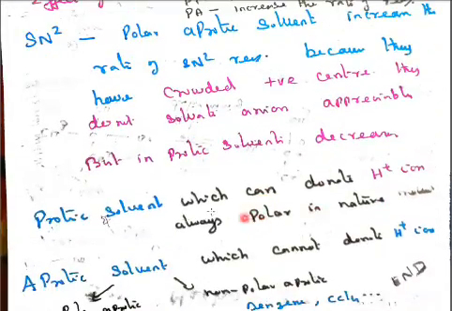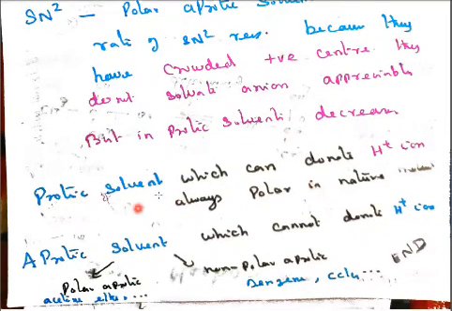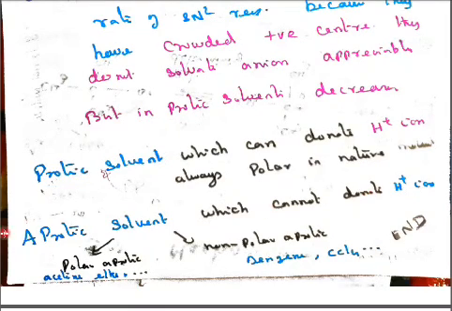Now let us see what is polar protic and polar aprotic. A protic solvent gives hydrogens and is always polar in nature. Aprotic means it cannot donate hydrogen. We have polar protic and non-polar aprotic solvents. Acetone and ethers are examples of polar aprotic, and benzene and CCl4 are non-polar aprotic. Now I am going to explain first what is a nucleophile, what is polar protic, and what is polar aprotic. Learn that and then you come across the next topic.